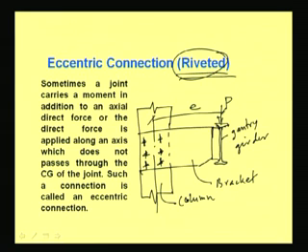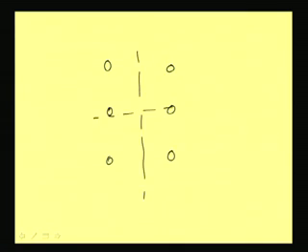So, when we have some eccentric load, we will have some direct axial load and some load due to the eccentricity of the load. That we will see, how it is developing. So, on a larger scale, let us see how the forces are going to develop. So, these are some rivet groups. Let us assume 6 rivets are there,